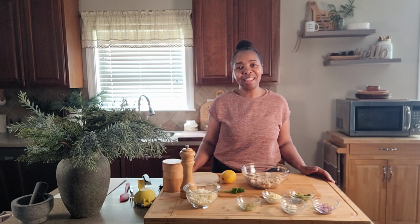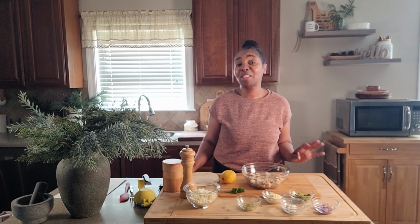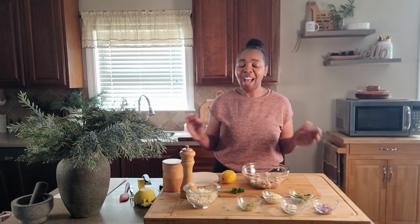And today it is that American classic called a tuna melt. You guys absolutely love tuna melts. As a matter of fact, every time I went to a restaurant and I ordered a sandwich, tuna melt was it. But today I am following a lower carb diet regimen higher in protein, and I came across this phenomenal,